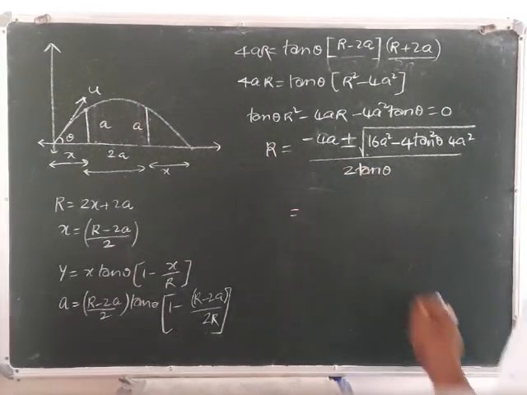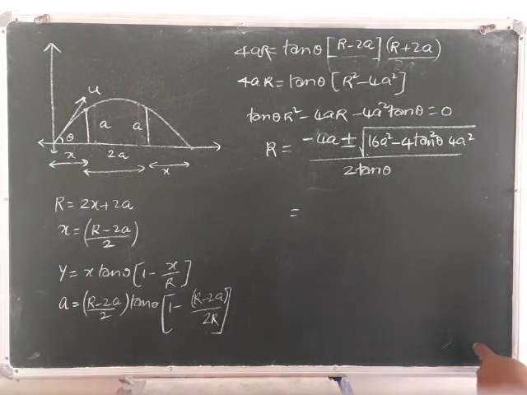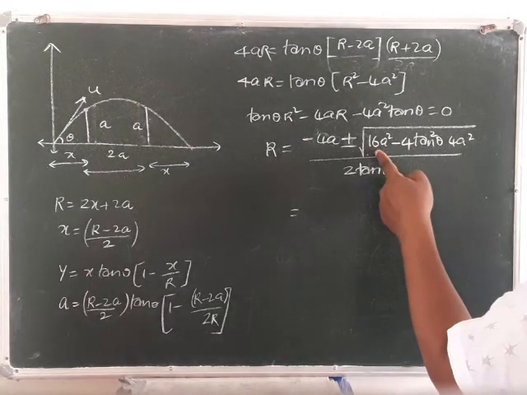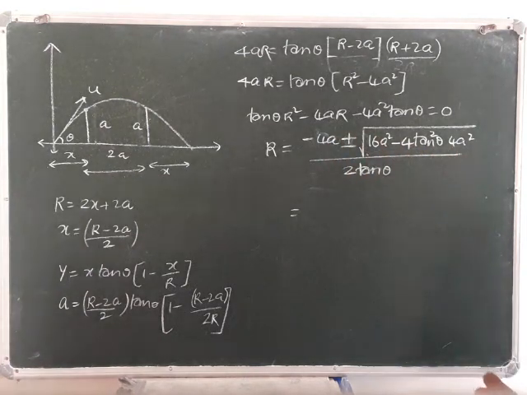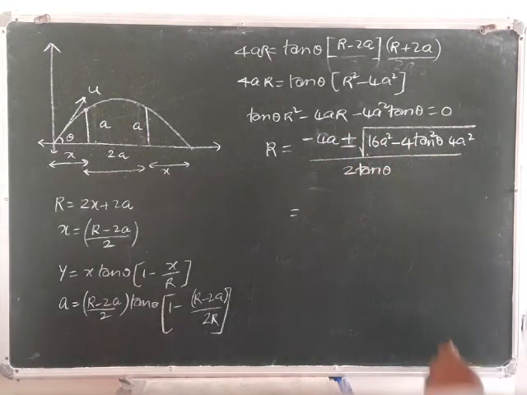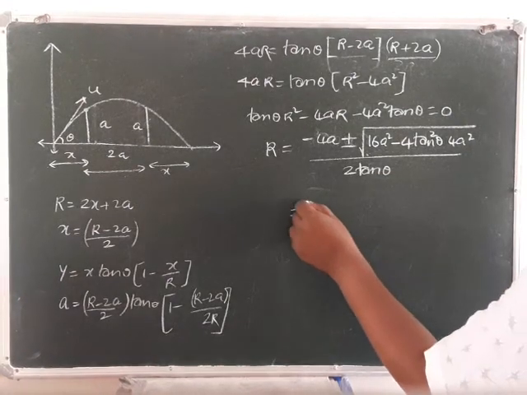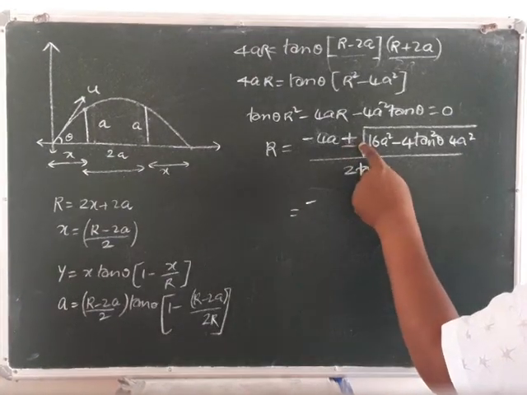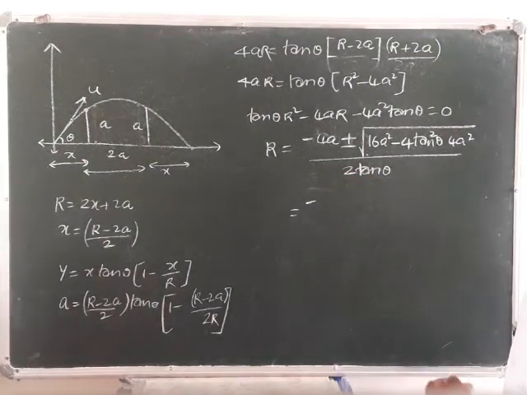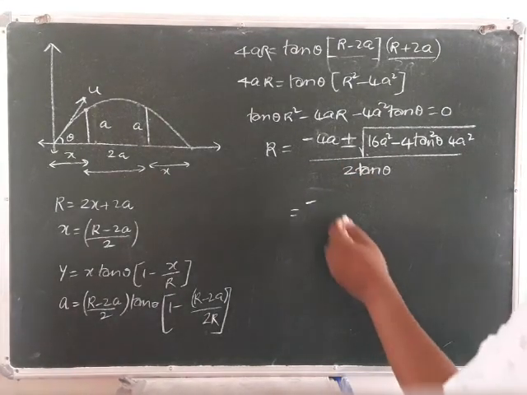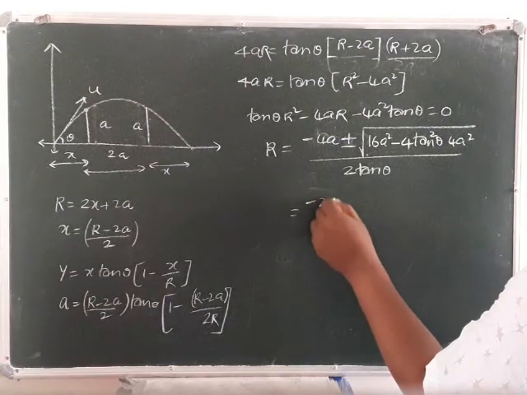If we simplify, taking a as common, after simplification the minus 4a gets cancelled. By simplifying this in terms of a, it is 2a